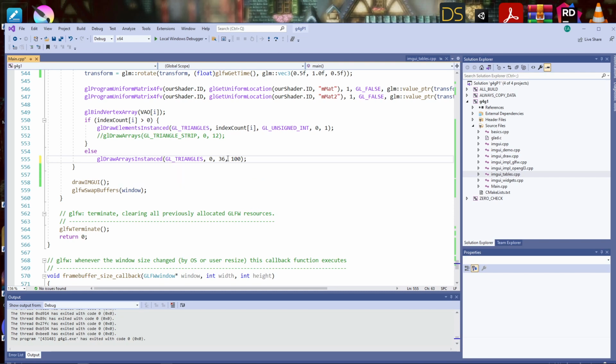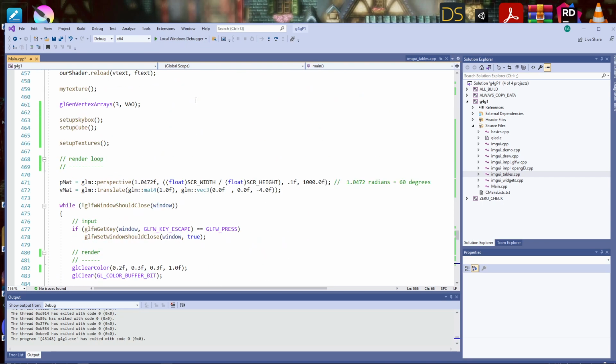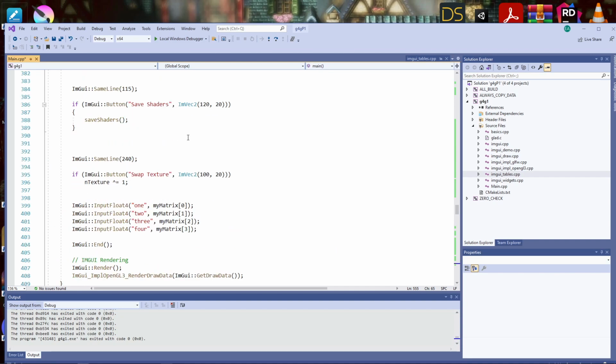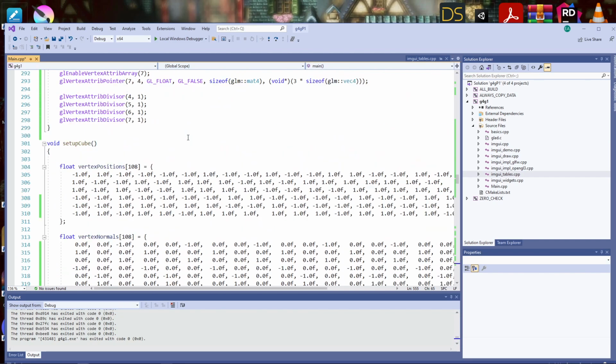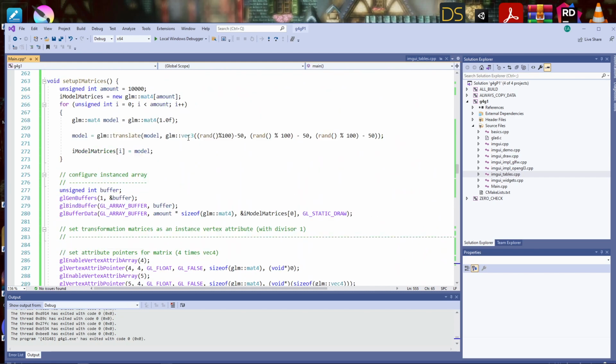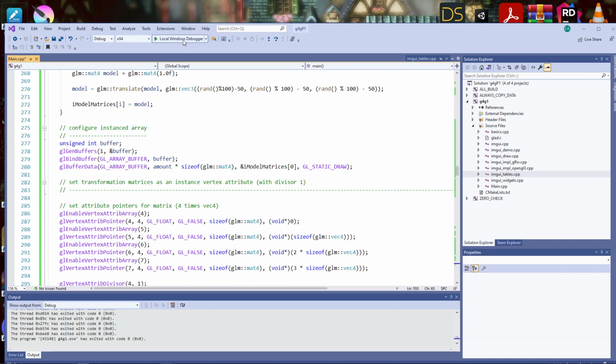But let's draw it with 10,000. Make sure that I'm generating all 10,000. I think I left that in place. Yeah, here's my setup of the I matrices that I just showed you. So let's run it.